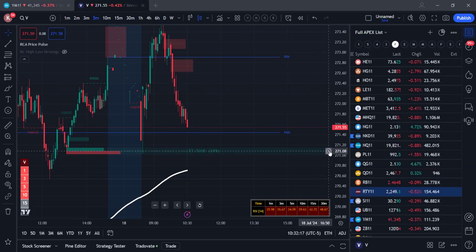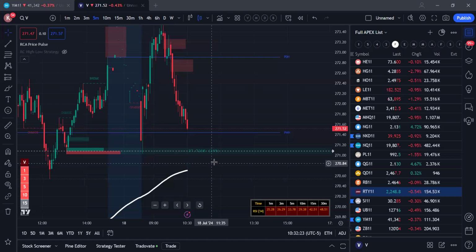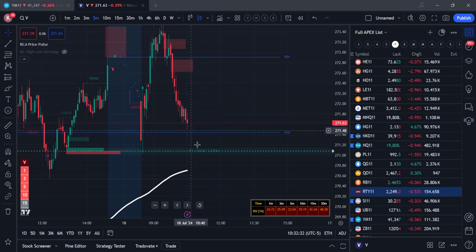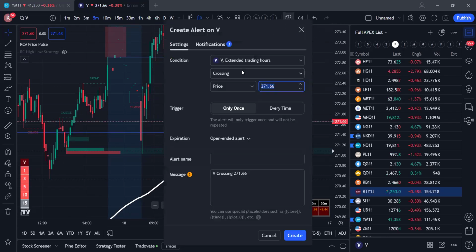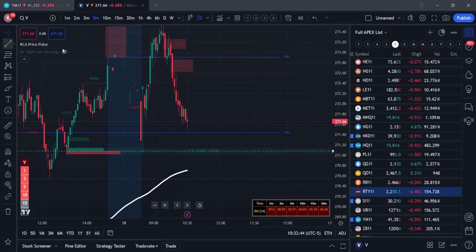So if you want, you can always create an alert. It may come here and then bounce back. So you will wait for price to come here, and then if you see a green candle, or you see this turning to green, this turning to green, then that is a good opportunity. Or you can always go here,